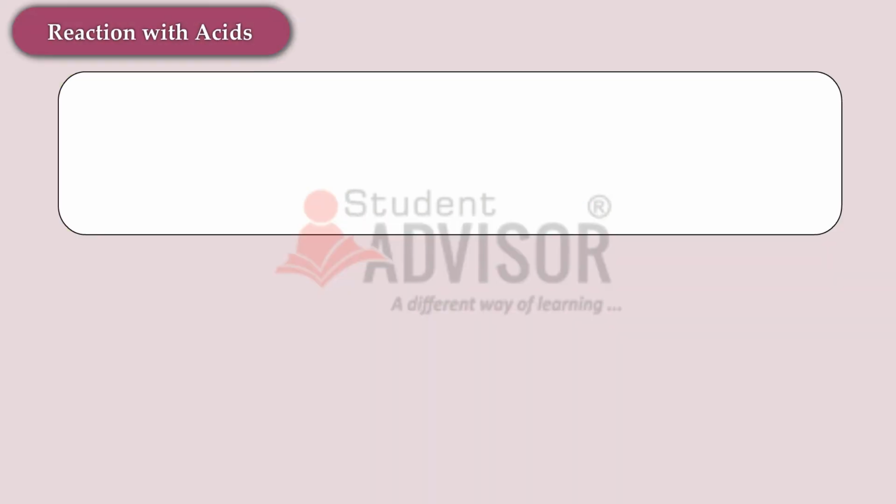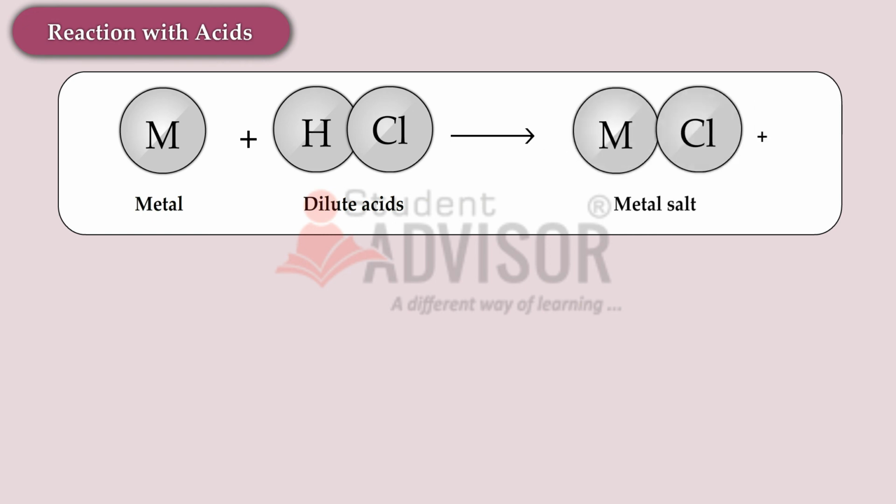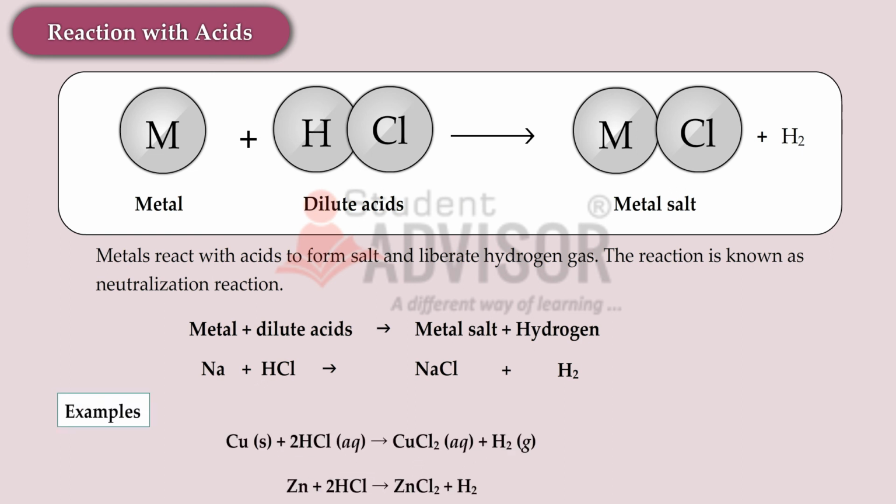Reaction with acids. Metals react with acids to form salts and liberate hydrogen gas. Metal and dilute acids gives metal salts and hydrogen. Some examples are: